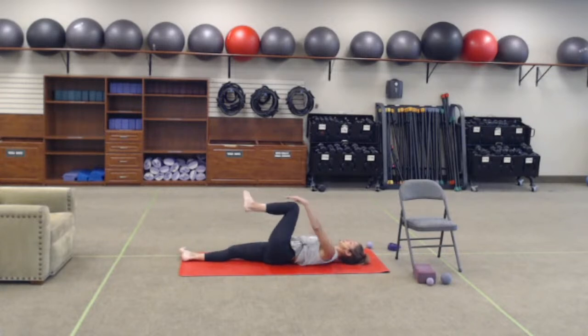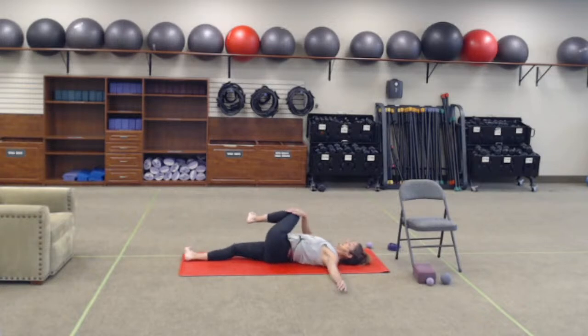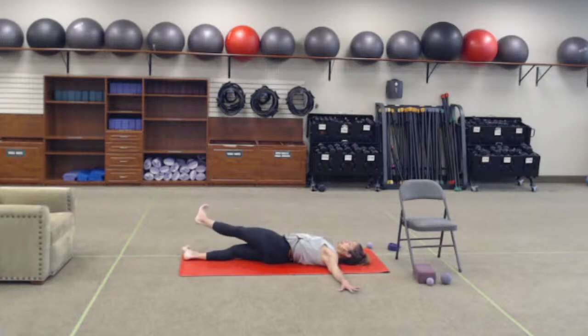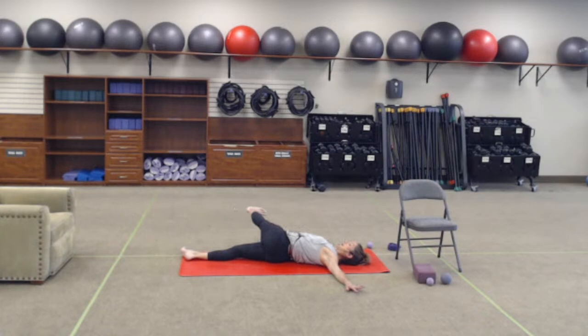And over to your left. Now, over to your right, hold. And go ahead and take both arms to the side. Straighten that left leg. And now bring the leg down, around towards your left. And again, out to the side, to the right,